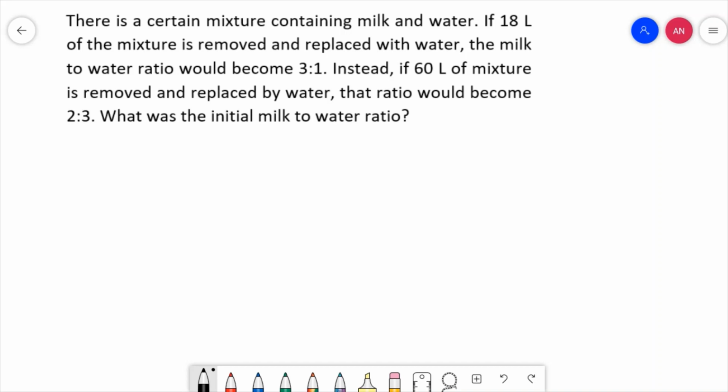Today I got this question and I found this question really interesting. This is a question from mixtures and I was trying to solve this question through the method of ratios. I took a lot of time and I thought I could not solve it through the ratio method, but I finally could and I am going to show you how, and it was really interesting.